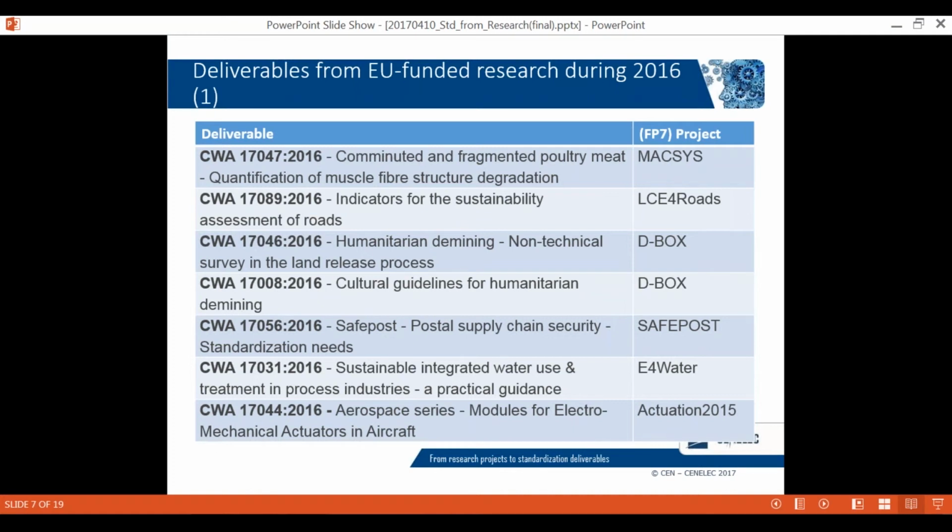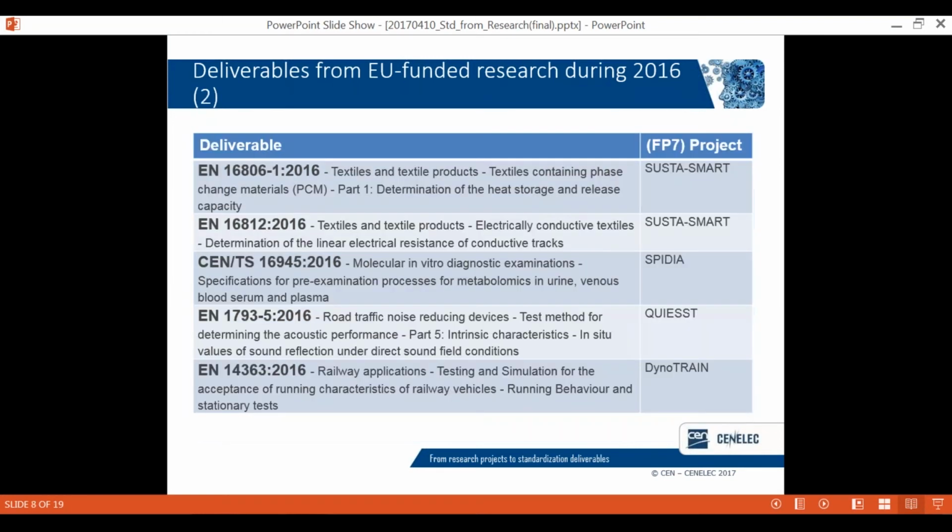Here they are, and here a first point of caution. The 2016 recorded cases give the wrong impression that ENs that result from research projects is the typical route. In fact, this is not the case. The majority of TC generated deliverables are technical specifications or technical reports. And you will find this represented in the more detailed examples that I will briefly introduce hereafter.